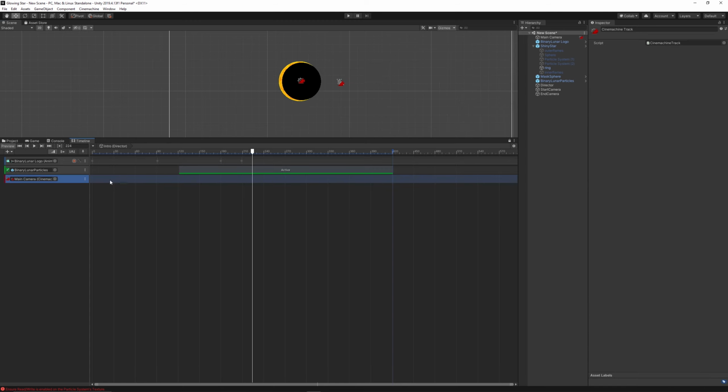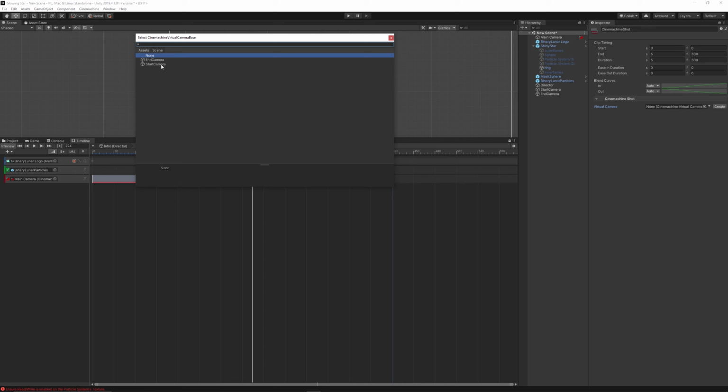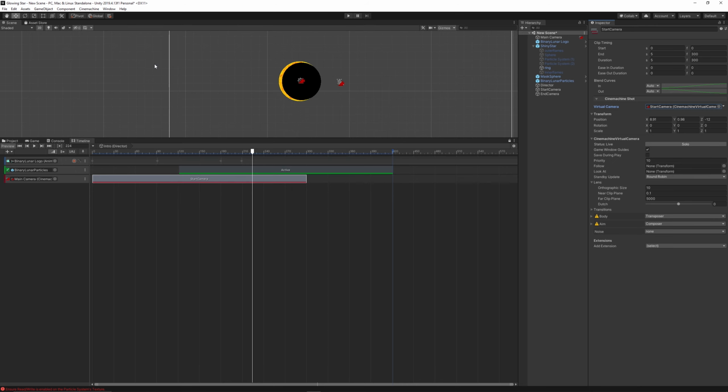Then we right click on the track and we add Cinemachine shot. That means the camera we want to start with. As you can see, the first shot doesn't have a camera, so let's click here. It says choose the camera. We want the start camera. That's nice. So after we fade out